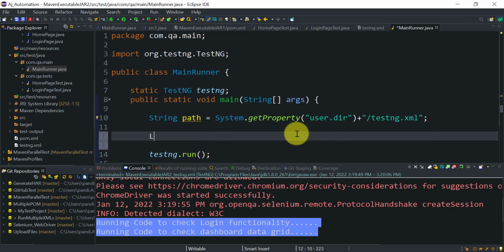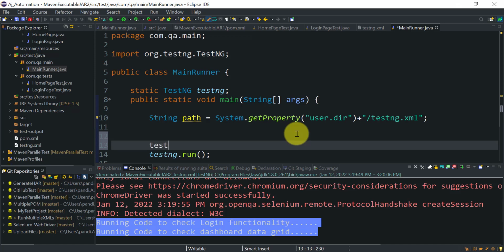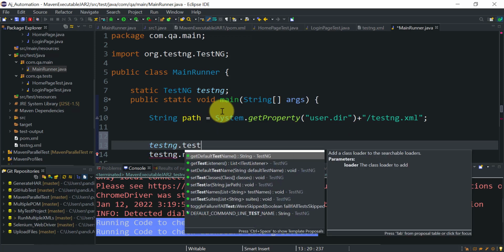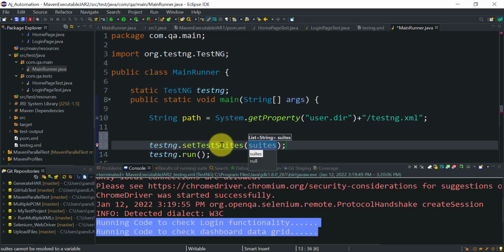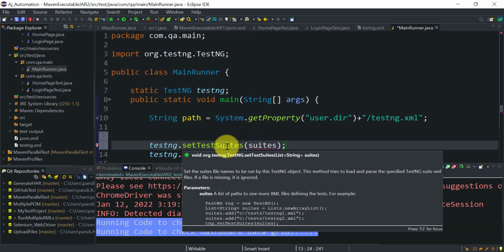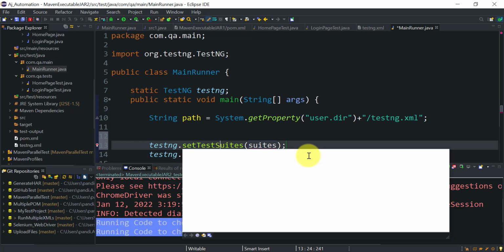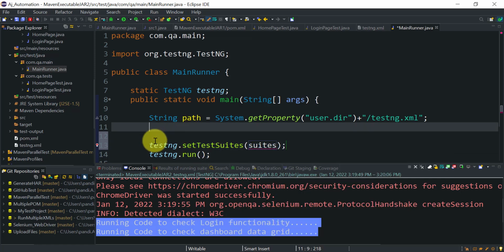So this path will contain where my TestNG XML file is available. Now I need to create one list. Before that, let me show you why we are creating the list here. If you want to run the TestNG XML with the help of this main method, we need to add this TestNG suite information using the setTestSuites method. This method requires a list of strings containing the information about your XML files as an argument. That's why we need to create the list variable here, List of String,